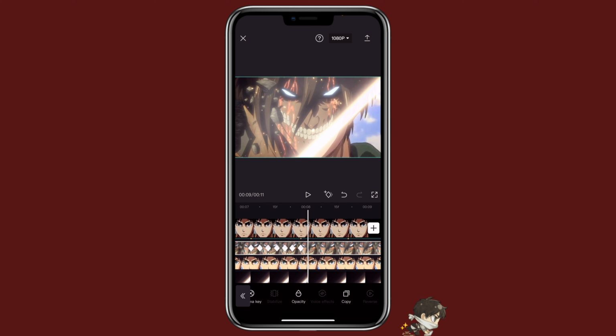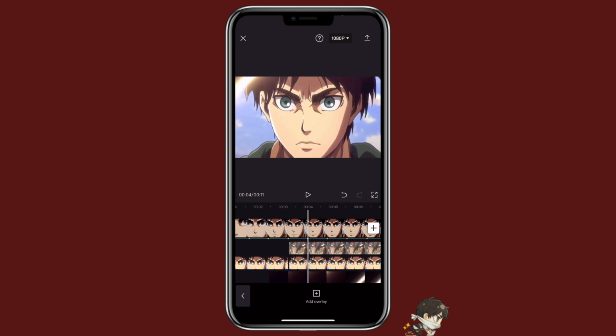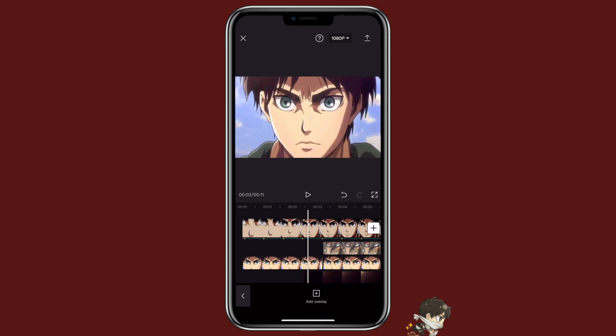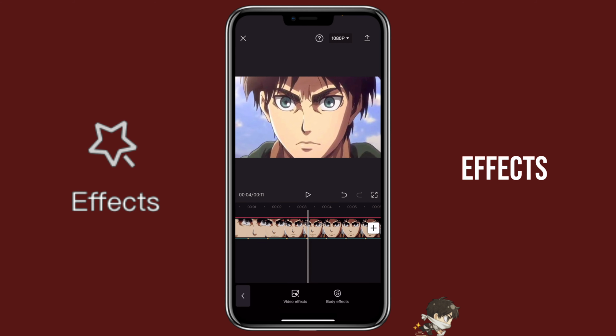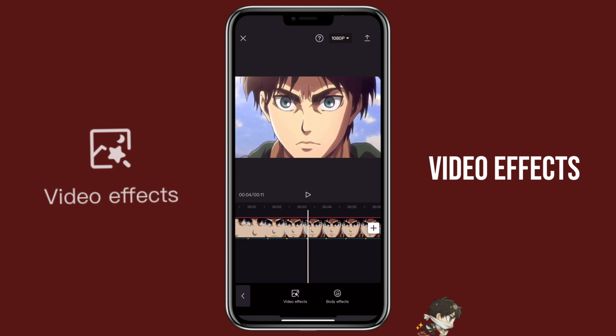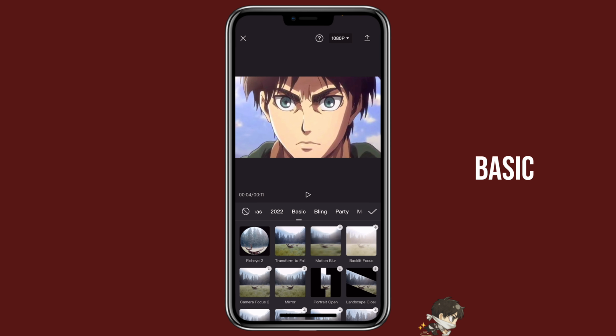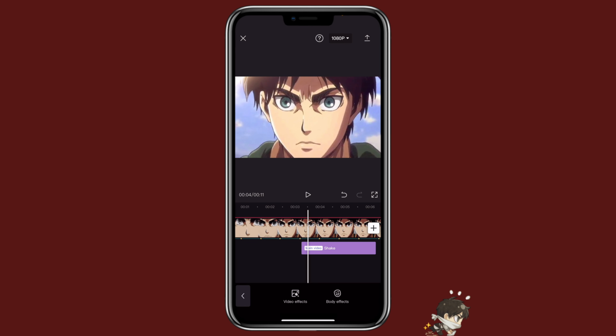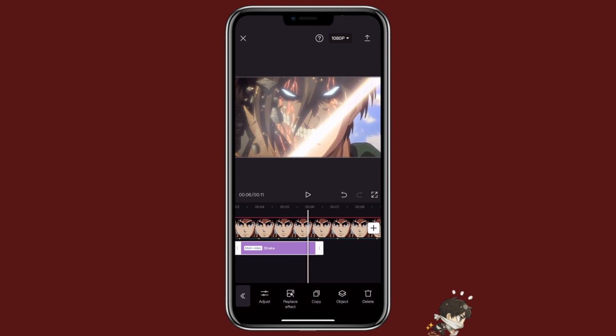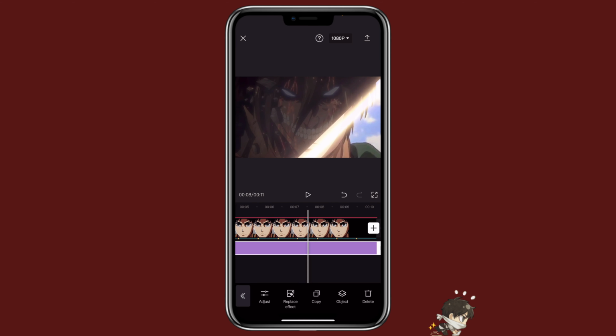Now we are going to add some effect to it. So click on the beginning of the first overlay, then go back all the way, click on effects, video effects, basic. We are going to select shake. Adjust the effect to align to the end of the video.